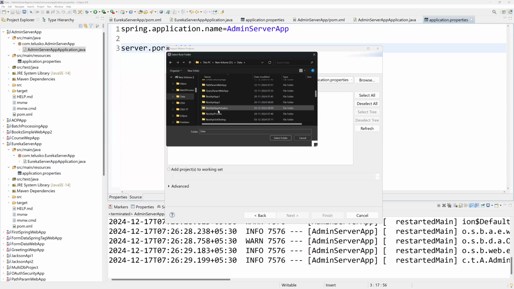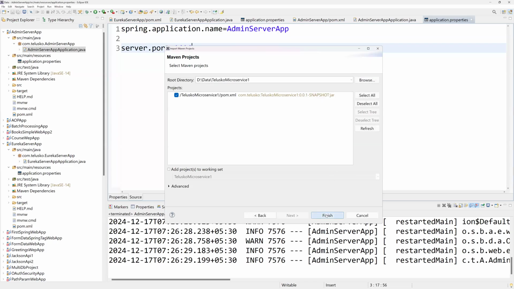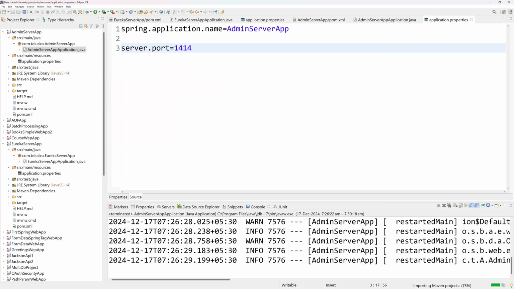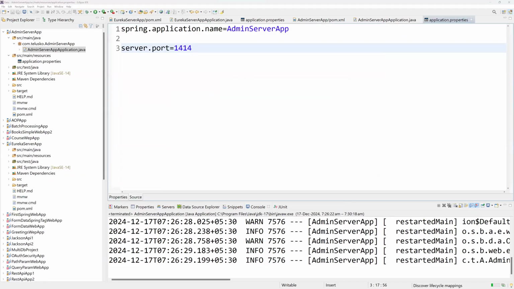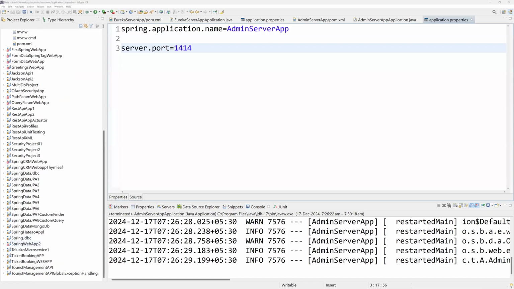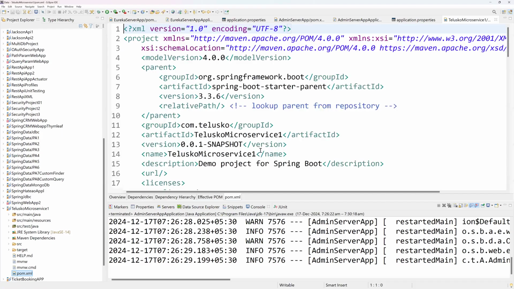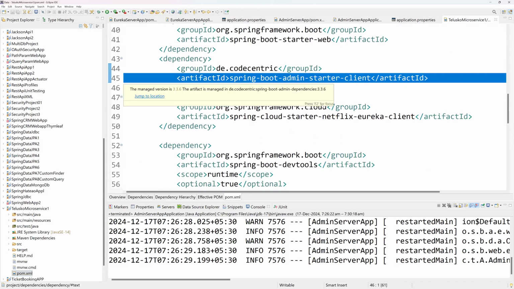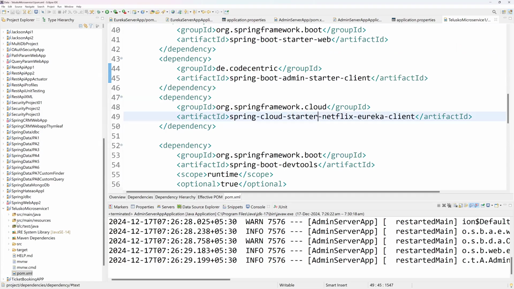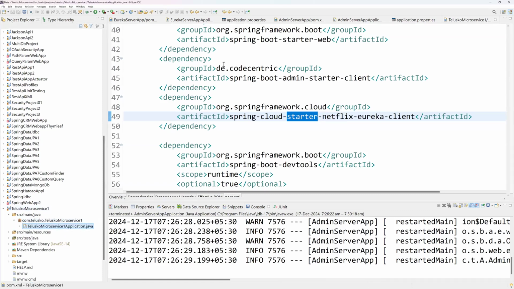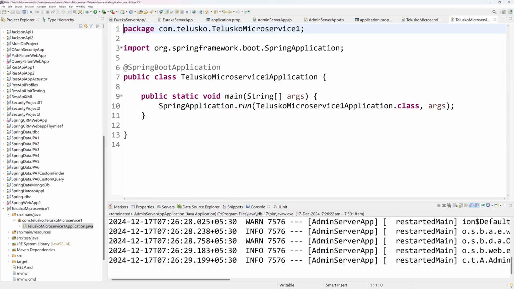I would like to go and add Telescope microservice number one. Any resource I will add inside this, it doesn't matter what resource it is. It is getting added. It is imported, I guess. Telescope microservice, guys. I'll just cross-check the required dependencies. So we have added the admin client and the Eureka client, both. I'll go to the top of this class. I just have to attach here enable